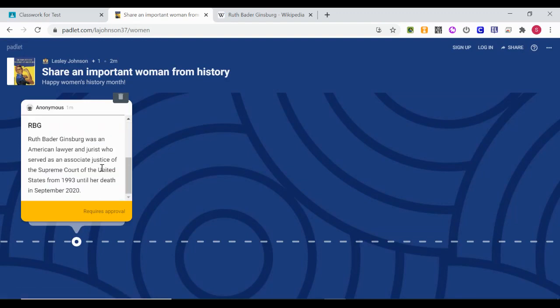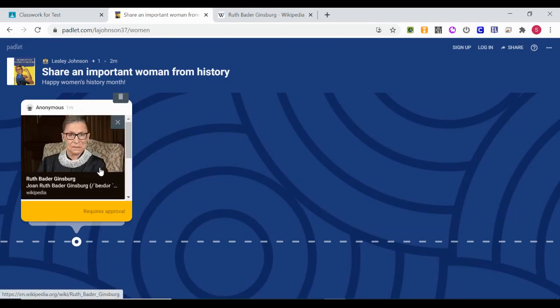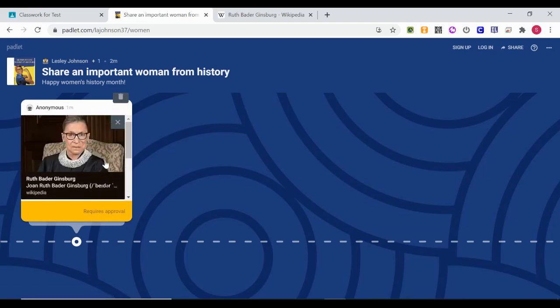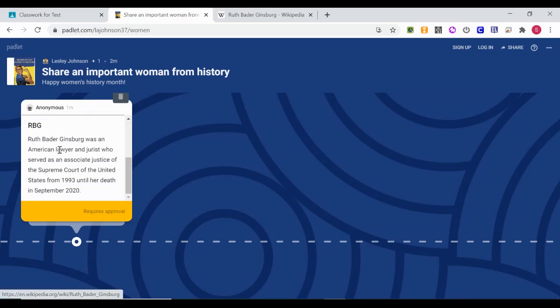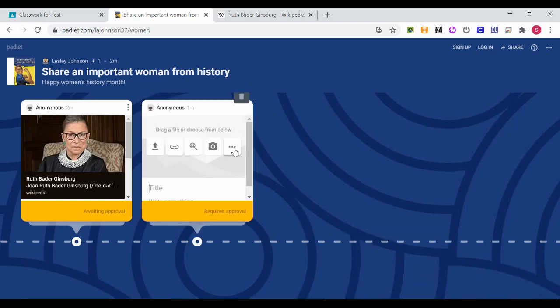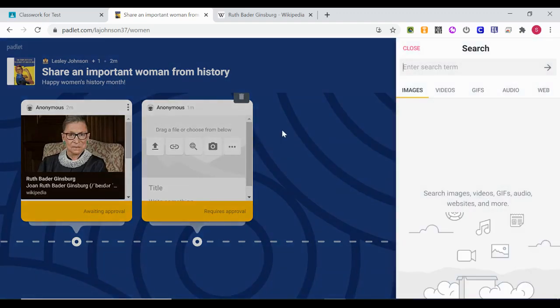And the last option was to look for an image with a Google search. And of course, there are more options as well. So once your student is ready to post, and notice that the name is anonymous, they just click out and the post is saved. So the other options, we can Google an image